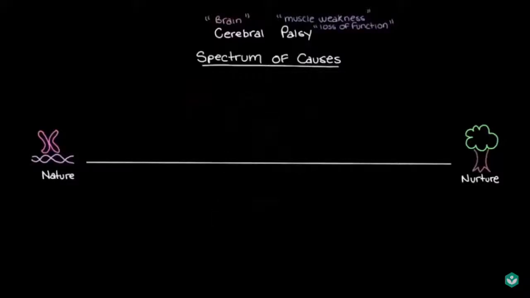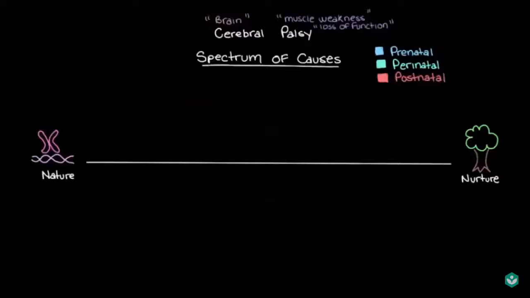So let's do some color coding as well. Anything that I write on this spectrum in blue, that's happening before birth, so prenatally. And anything that I write in green, that's going to be happening during the birth process, so perinatally. And anything in this nice salmon color here can be for things that happen after birth, up to the first few years of life, so postnatally.